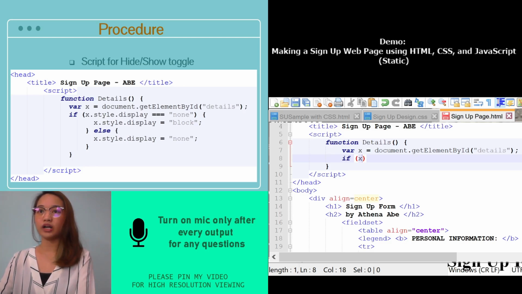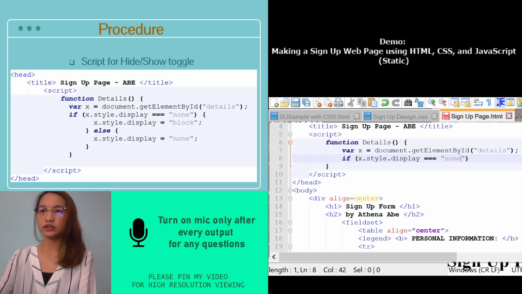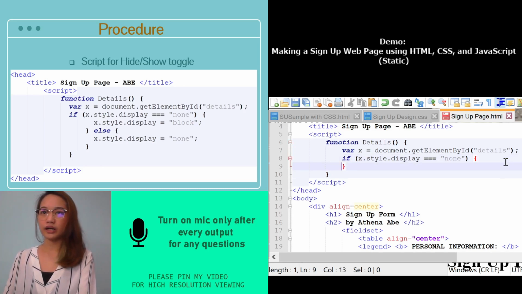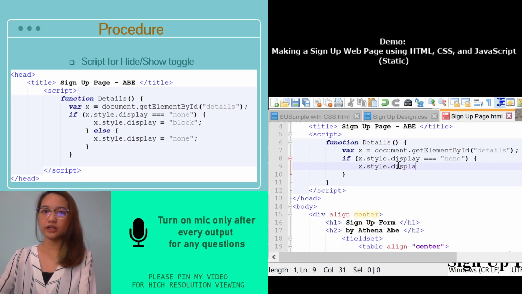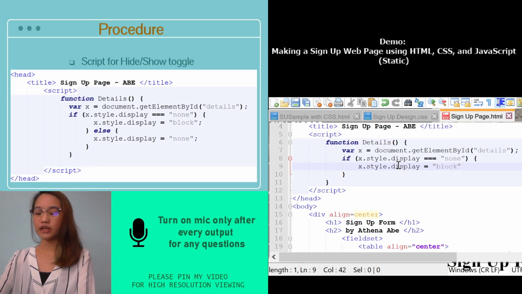So, x here is the variable name that we assign, x.style.display equals quotation mark none, and then inside the if statement, curly bracket, and then in here we're going to x.style.display equals block. So the function of this line is kapag hindi po nakaselect yung hide or show details, naka-block siya,